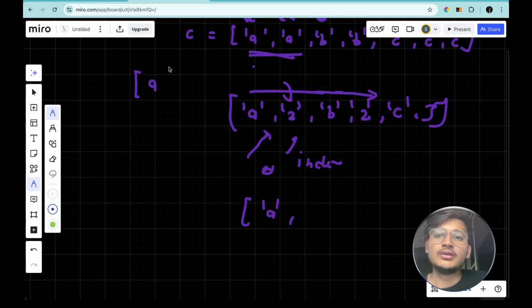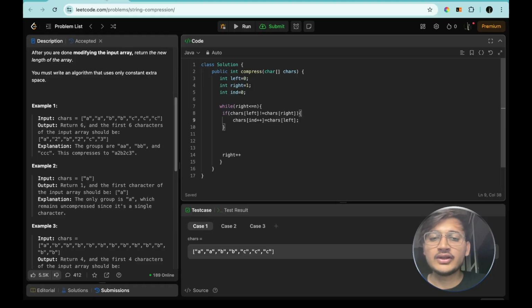Now we have to check that if, sorry, this should be inside here. So if this right minus, sorry, yes, right minus left value is greater than 1. So this is the case. Now we have to count the length, that is going to be right minus left,